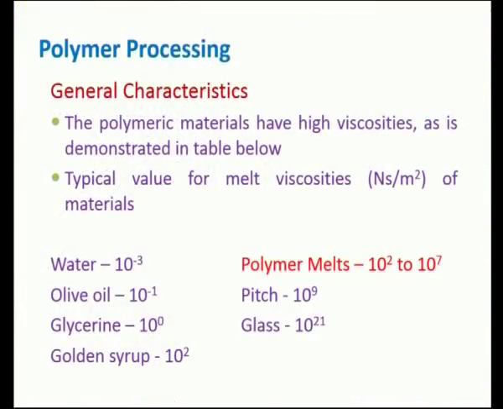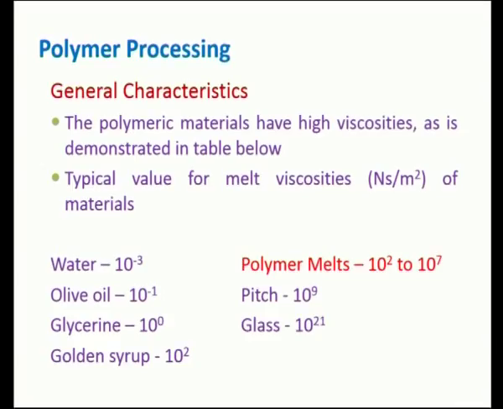From viscosity, we will move on to polymer processing. In polymer processing, the main thing is the conversion of these polymeric powders or pellets into a fluid. So, that means when it melts, then the viscosity comes into the picture. The general characteristic of polymeric materials is that they have high viscosity. Typical melt viscosity values are given for comparison: water 10 power minus 3, olive oil 10 power minus 1, and pitch, which is coal tar, 10 power 9, and then in this you could find the polymeric melts from 100 to 1 lakh or so.